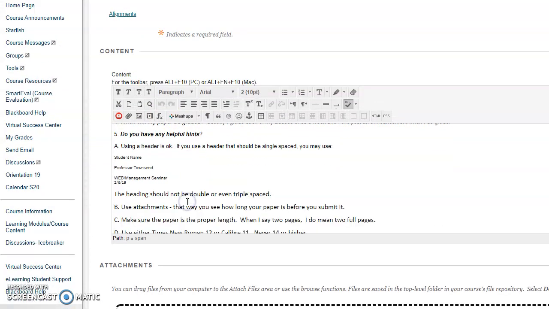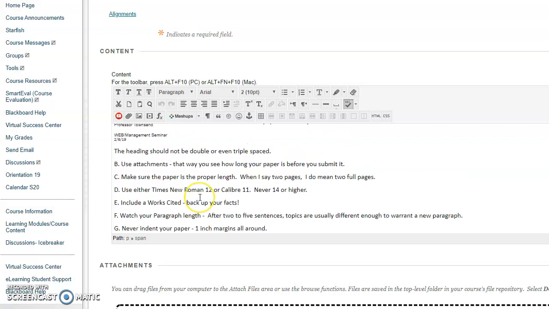One thing I want to cover. Students love these little headers where they write their student name, the professor, the class, the date, and they take up 8 lines to do it. When you're writing a 2-page paper, no, that ain't going to cut it. I do not want a header. If you must put it in there, make it single-spaced. You're not getting away with 8 lines for that, and not on every page.